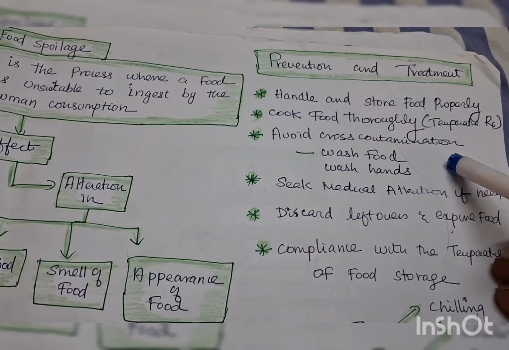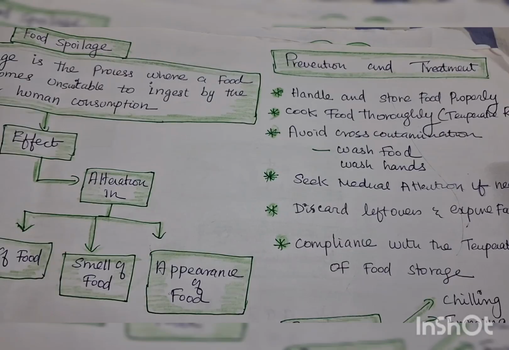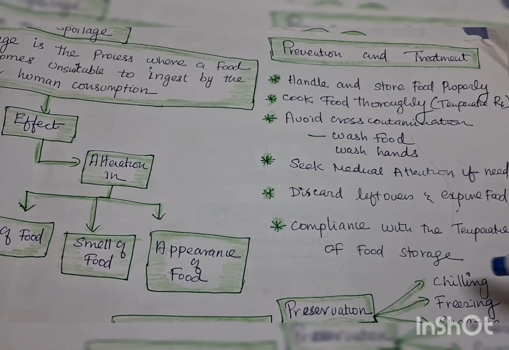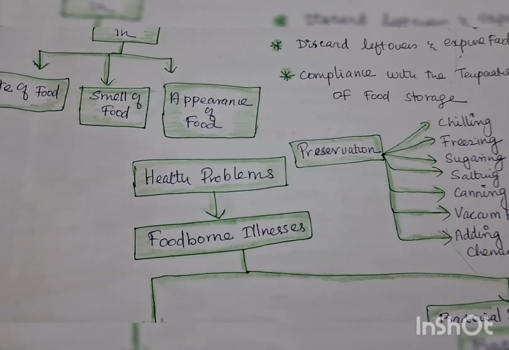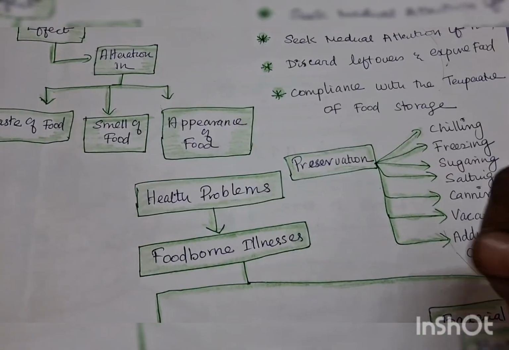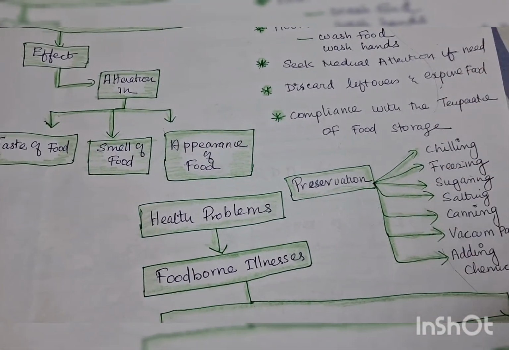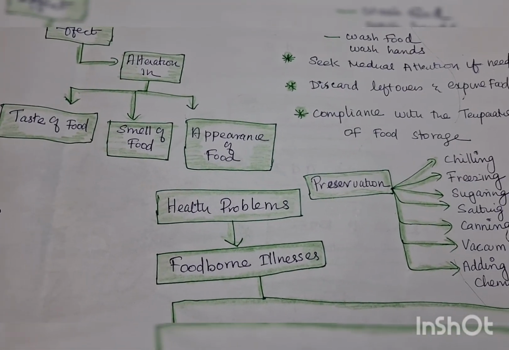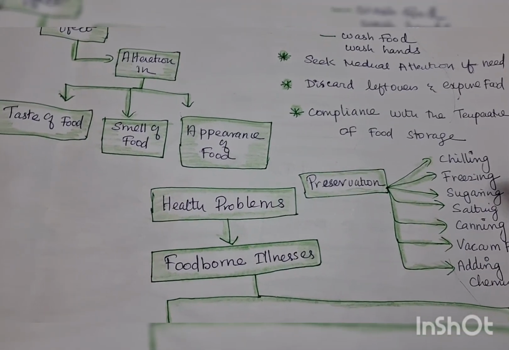Avoid cross contamination. Wash the hands, wash the foods, and seek medical advice and attention if needed. Immediately go to the doctor. Also maintain the correct temperature of the food in storage. Change your fridge temperature between monsoon time and winter time. Don't touch the food; use a separate handle or vessel to take some amount of food and put the remaining back at the right temperature. Don't keep the food outside and then put it in the fridge again and reuse. In between that gap, microorganisms will grow.